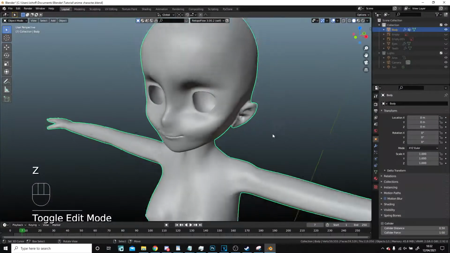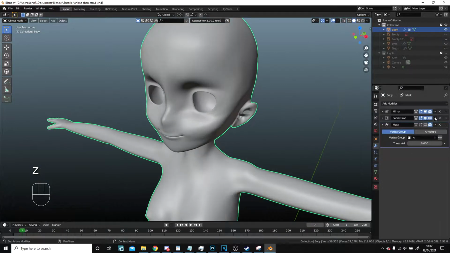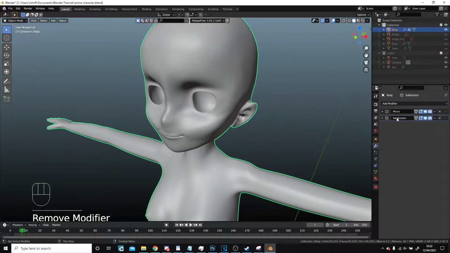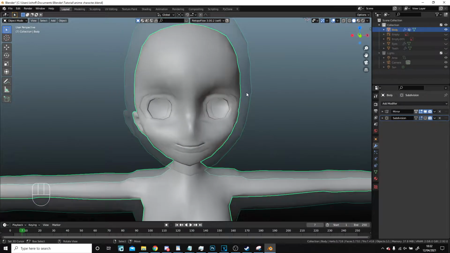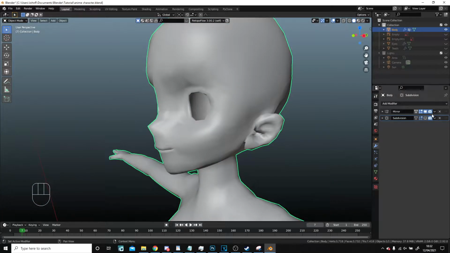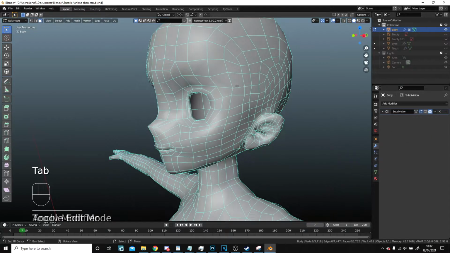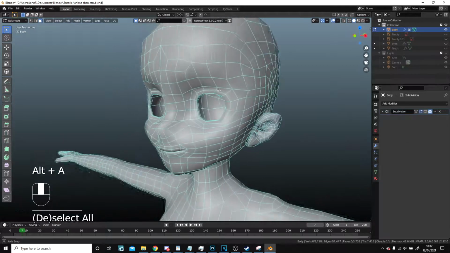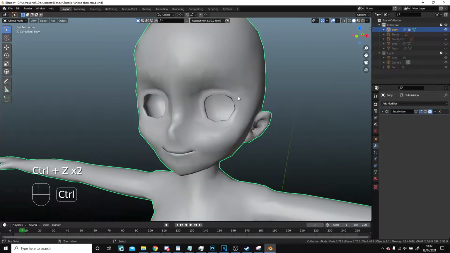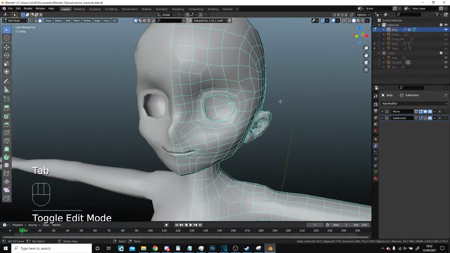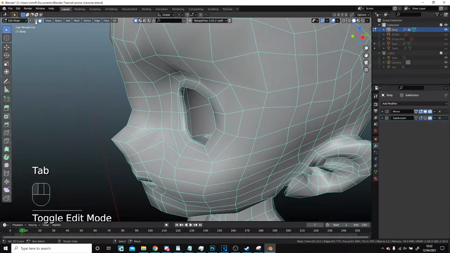Good. So, what we need to do now is we're going to get rid of the mask because we don't need it. Turn off the subdivision modifier so it goes all nice and crumply. And we're actually going to apply the mirror modifier. Perfect. Actually, thinking about it, we can keep the mirror modifier on, but we'll just do the unwrap when it's not applied. So,